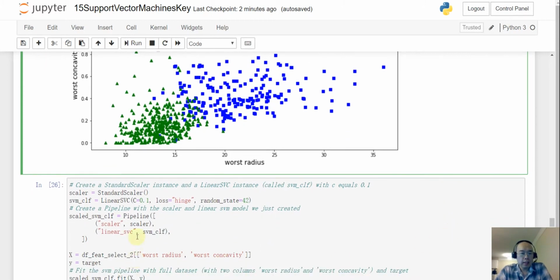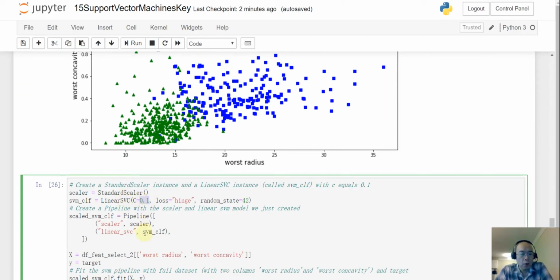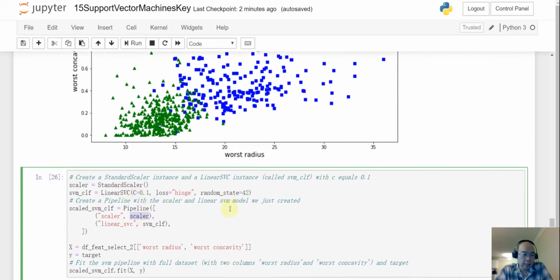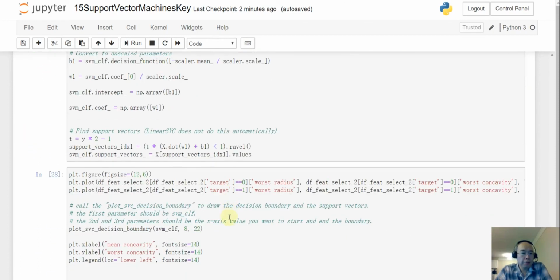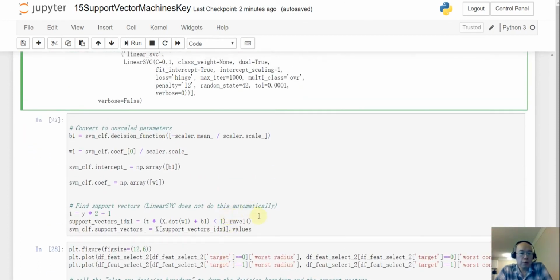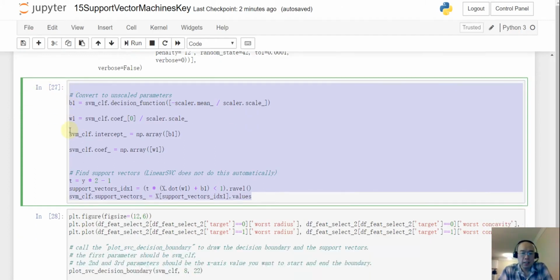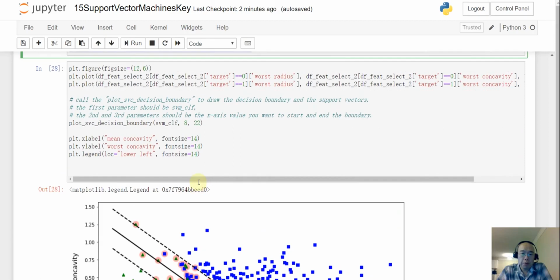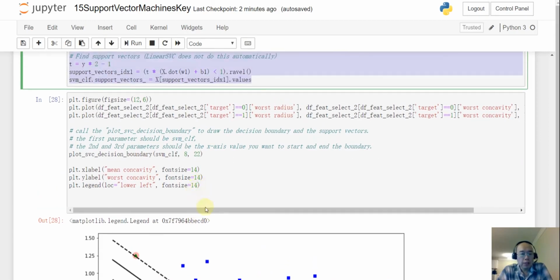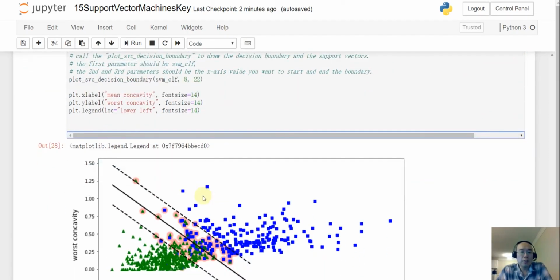Okay, the next part is we create a linear SVM with C as 0.1, and we also need to use the standard scaler. And after that, we use this part of the code because we have to convert the scaled features back into the unscaled original features. And after that, we want to plot the decision boundaries. And after we have the decision boundaries and we highlight all the support vectors, we should have a plot like